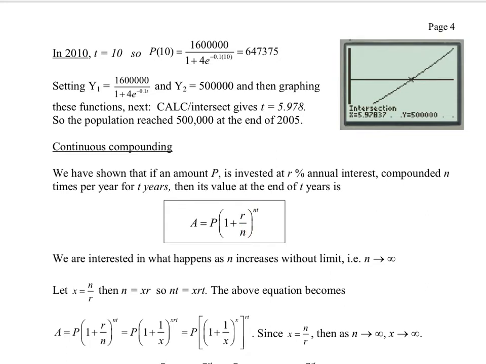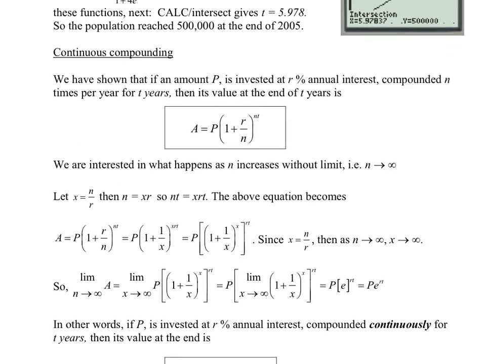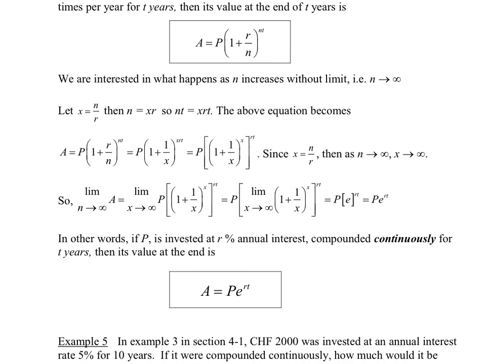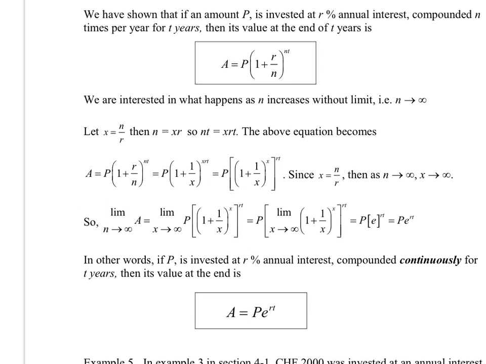But it might not even stop there. We could have every millisecond, every microsecond, every nanosecond. We could be compounding interest. Now, I don't want to go too much into the mathematical details behind this, but if we kept on going so that we were adding interest in infinitely short periods of time, then this equation up here would become this equation